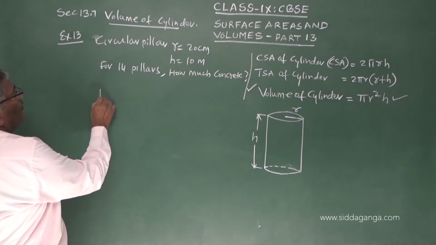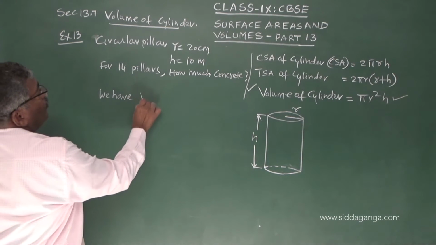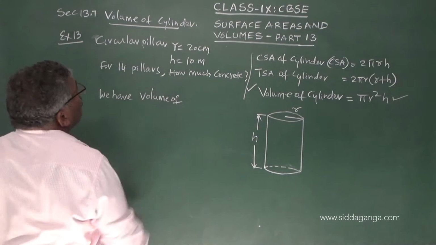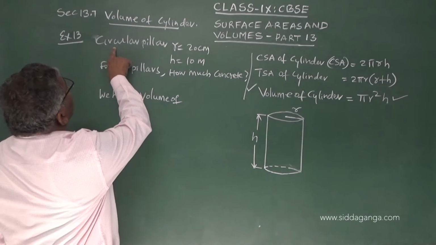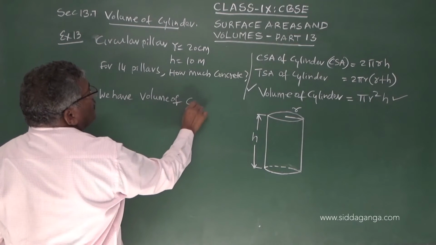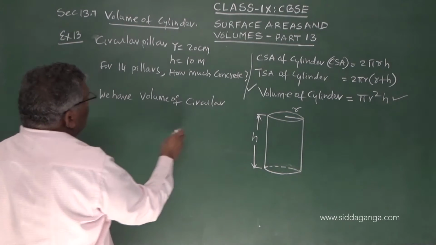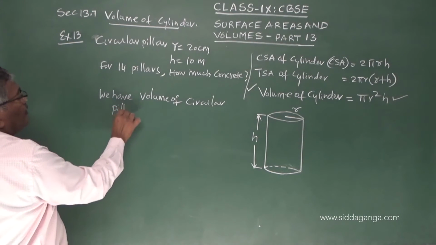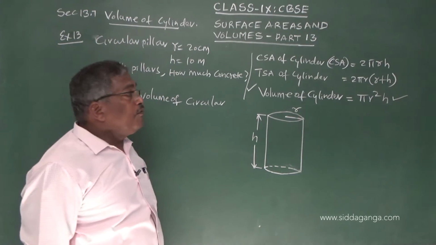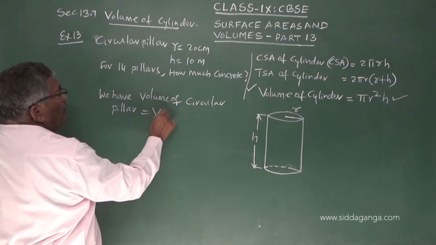So we have the volume of the circular pillar. It is cylindrical in nature, so we apply this formula, V equals